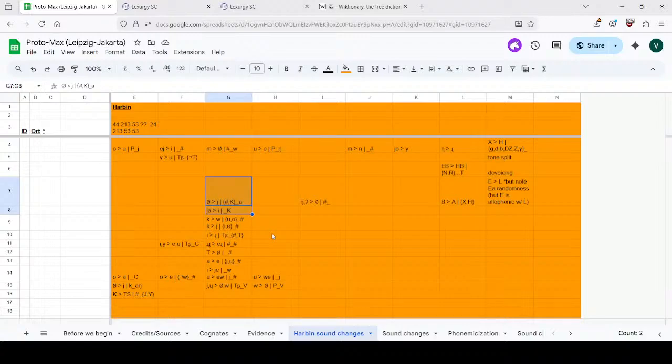So the question now is, are there any other cases of this? Like, is there bia? I don't think there is bia at all. There is nothing after a labial. Ya just doesn't appear after a labial. It doesn't appear after a dental. Yes, it can appear after a retroflex, though.